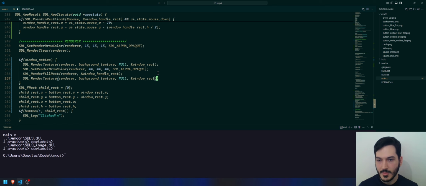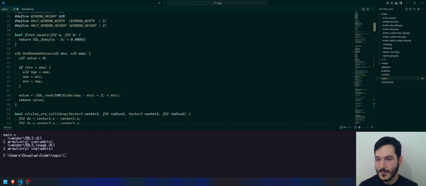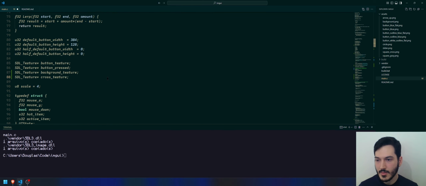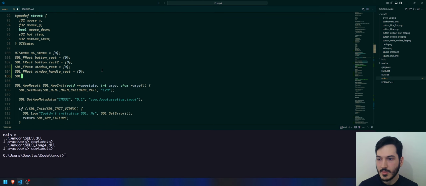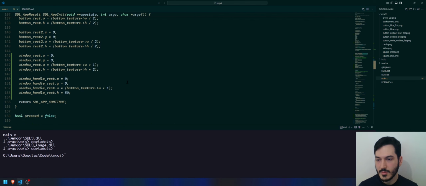So after this, the cross rect, I need to create this cross texture. Let's create the rect. DLf rect cross rect equals 0. And it is based on,